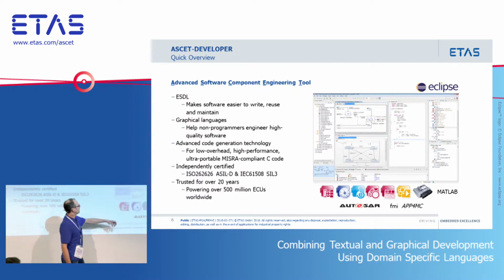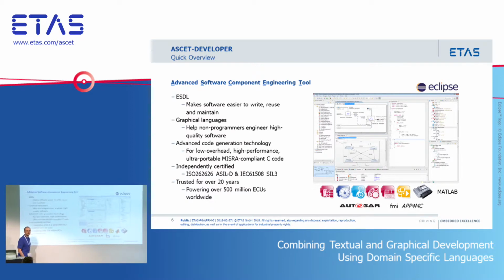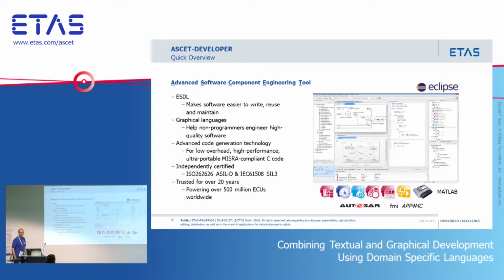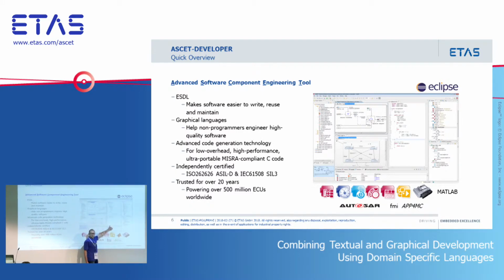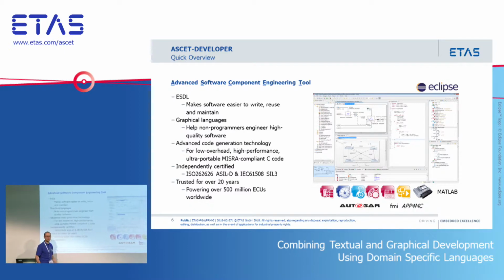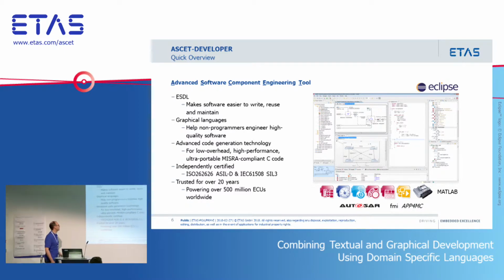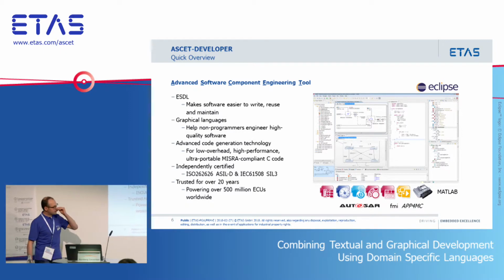And like every other tool, we've got some way of doing state machines. We actually use some technology from a firm called Itemis, who will be speaking a little bit later. So you can do state chart tools, and we use that as our graphical representation for state charts. And both the graphical block diagrams and the state charts, they're all represented, and their entire semantics is held in ESDL. So the only thing the code generator ever sees is a bit of ESDL code, and it translates that to C for you. The code generation technology is pretty advanced.